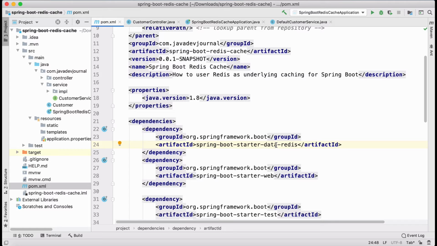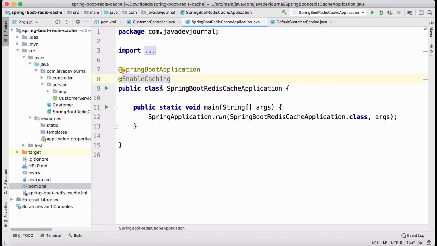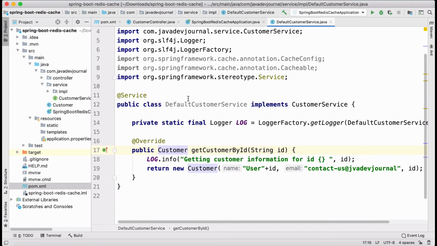So you don't have to define all the clients, you don't have to define all the code, right? All those boilerplate will be taken care of automatically by Spring Boot. All you have to do is add a few additional configurations into your application.property file, or if you want better control, probably you want to override your caching manager. But I will be talking about the caching manager maybe in the next tutorial. All right, so that's the first thing what we have done.